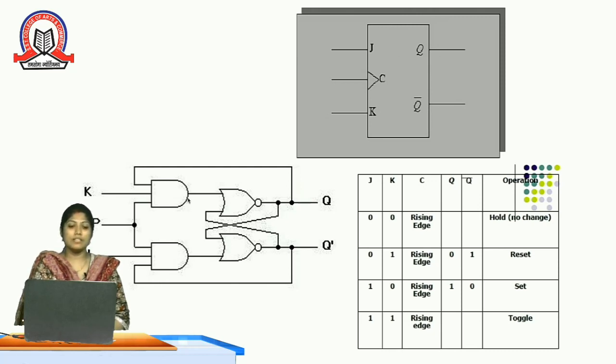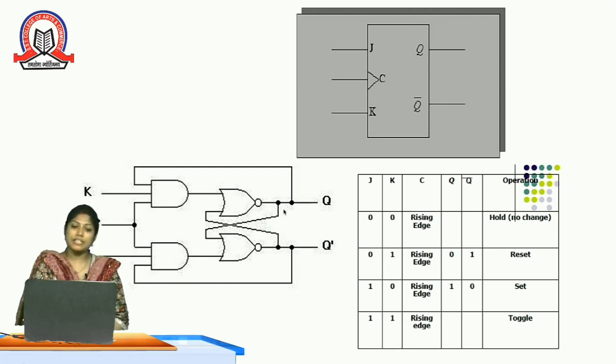The circuit representation of this, as we have discussed, we can use NOR gate and NAND gate. So this is two AND gates and two NOR gates. These are the cross coupled inverters. J and K inputs are given as input signals. This is the clock pulse. Clock pulse is basically shorted together. So for every clock pulse, what are the responses we will be seeing? The output of the first AND gate is given to the NOR gate. NOR gate is having two inputs. It is a cross coupled inverter.